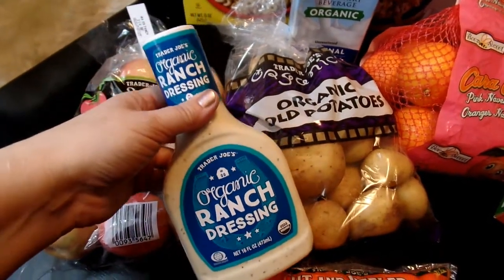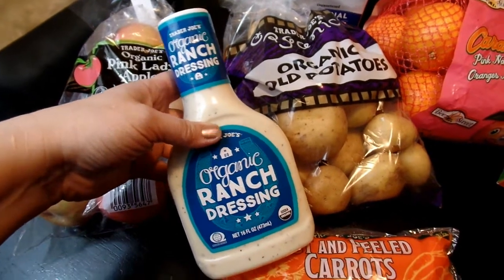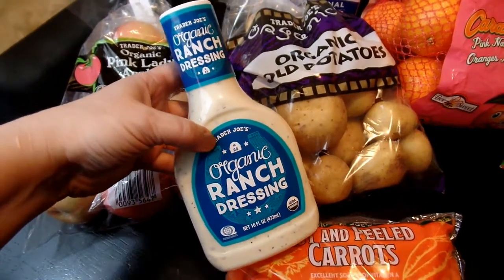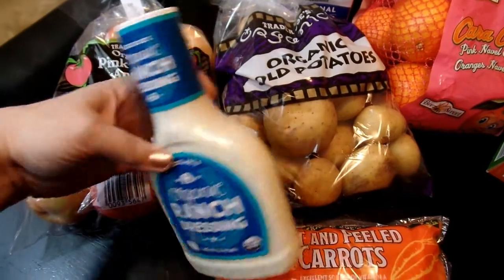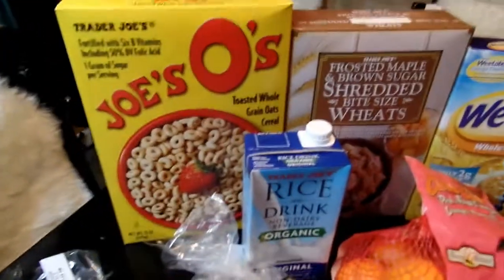I also picked up some of this organic ranch dressing. I usually just use the regular brand, what is it, Hidden Valley, but I thought I would try this out and see how we liked it. It just looked good, so I thought that I'd pick up a bottle of that, as well as some breakfast